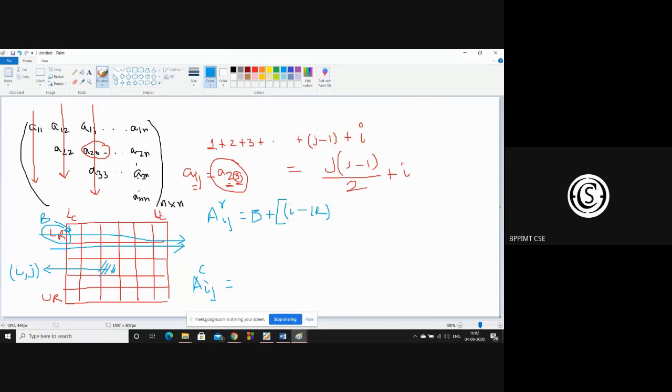So this I minus LR rows will be full. So this into full, that is UC minus LC plus 1. UC minus LC plus 1. Clear? And then how many entries? J minus LC, the lower bound of the column. So at position this, then